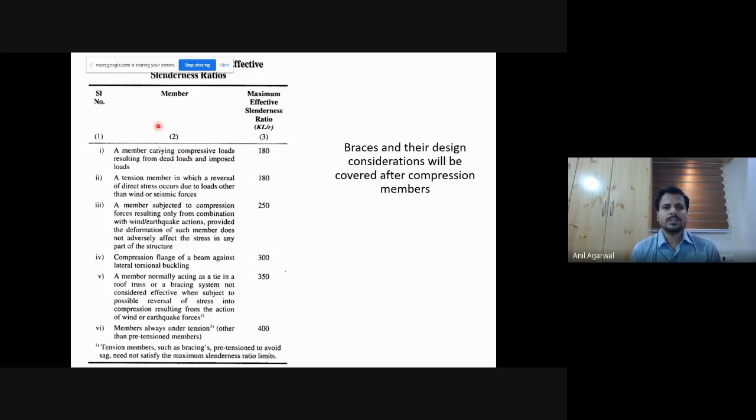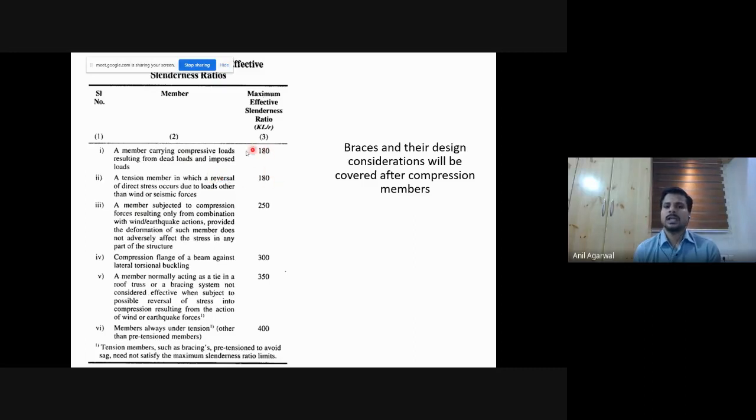Now, in addition to this design provision, we also have to be mindful of the slenderness values allowed for tension members. Even if the member is in tension, if there is any likelihood of the member going into compression because of loads which are not earthquake or wind, they are temporary loads for a very short duration, right? So except for those loads, if the member can still undergo compression, it could be from the live loads, it could be from vibrations, that is also a live load, or gravity loads,